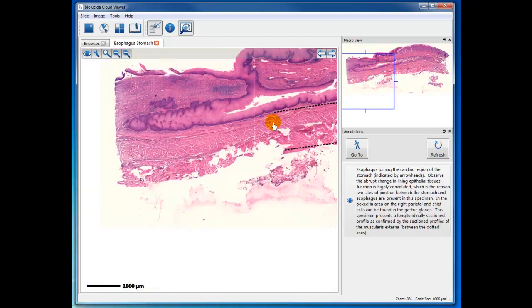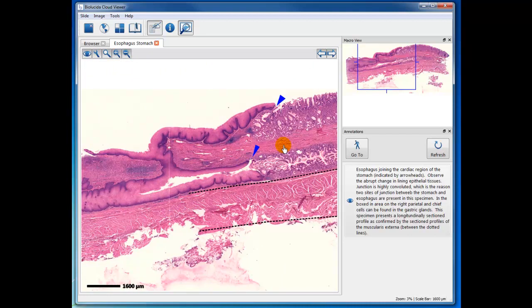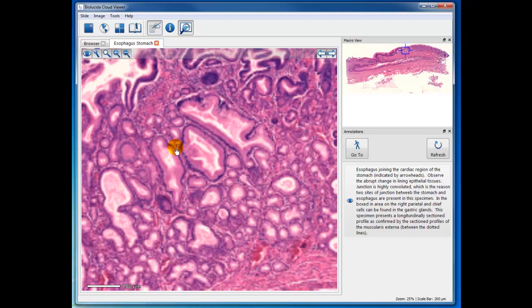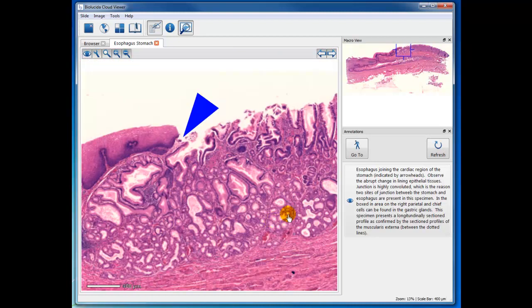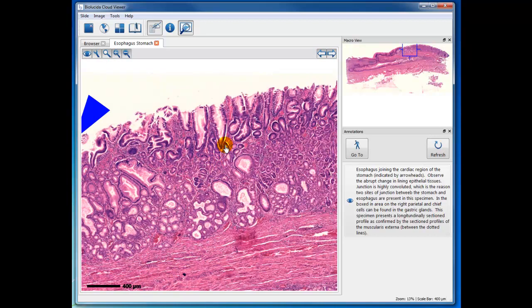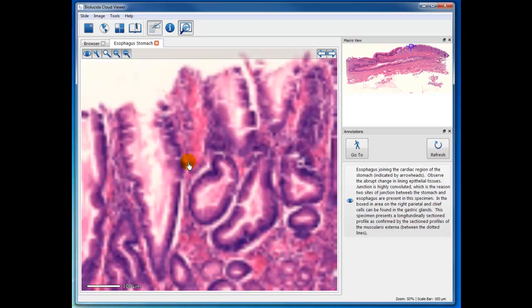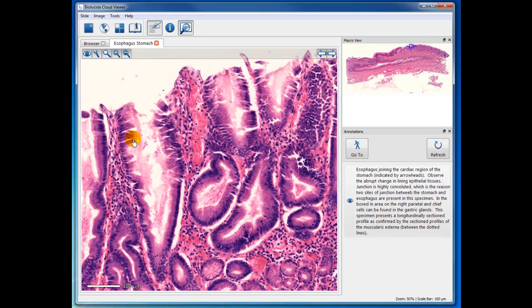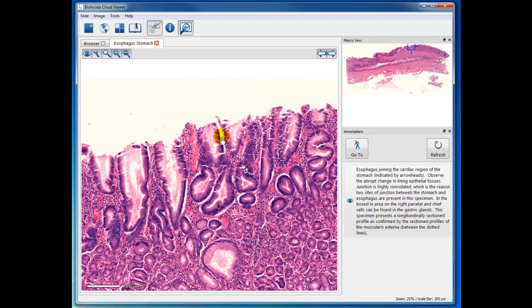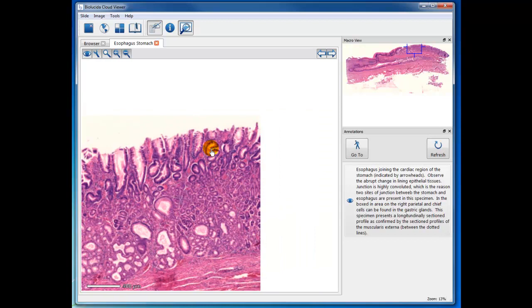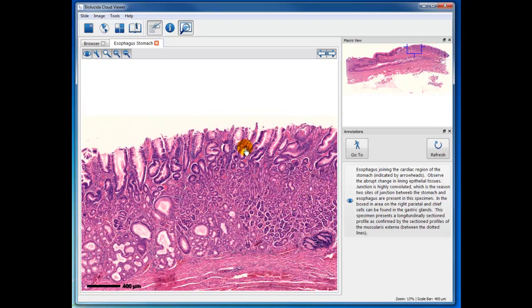So again, here is the junction. We saw that, and right at the junction you have cardiac glands of the stomach, which have a lot of mucus cells, and as we move here, now you have a more typical lining of the stomach where you have the gastric pits, and some of the epithelial cells are destroyed and sloughed off in this specimen, so it's not really complete. But if we move over to